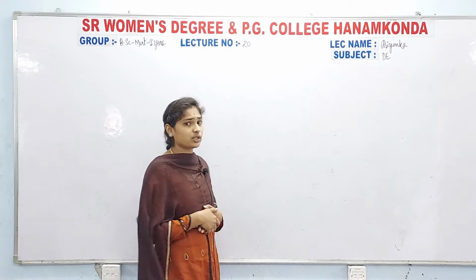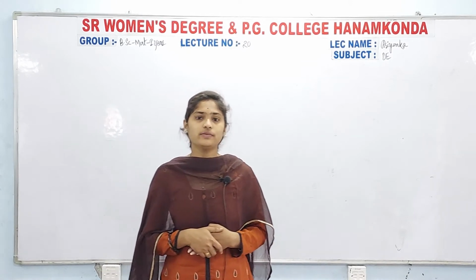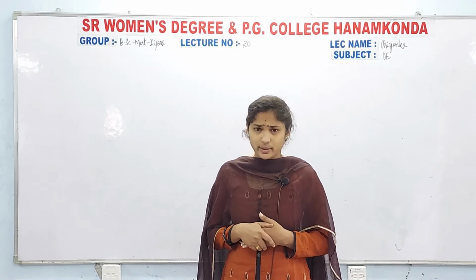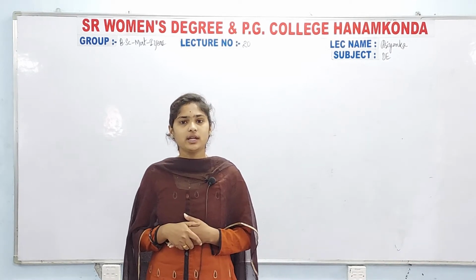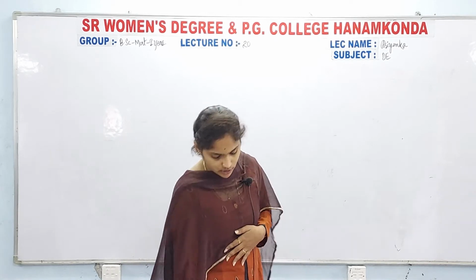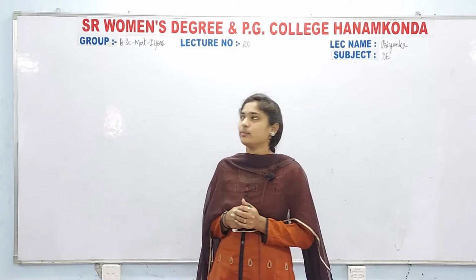Here we are going to discuss lecture number 20, and in this lecture we are going to discuss the next method, that is method 5. In the previous video we discussed method 4, that is 1 by n into dou m by dou y minus dou n by dou x, and now I am going to discuss the next case.